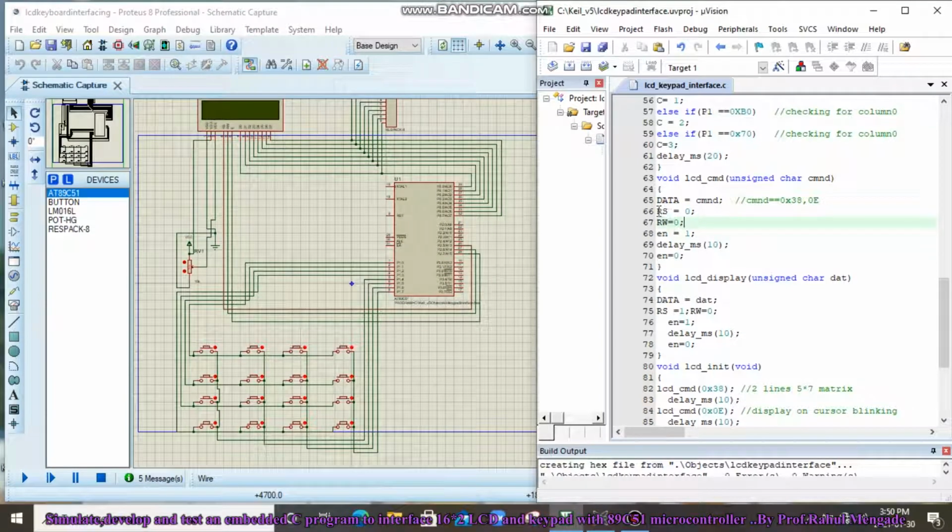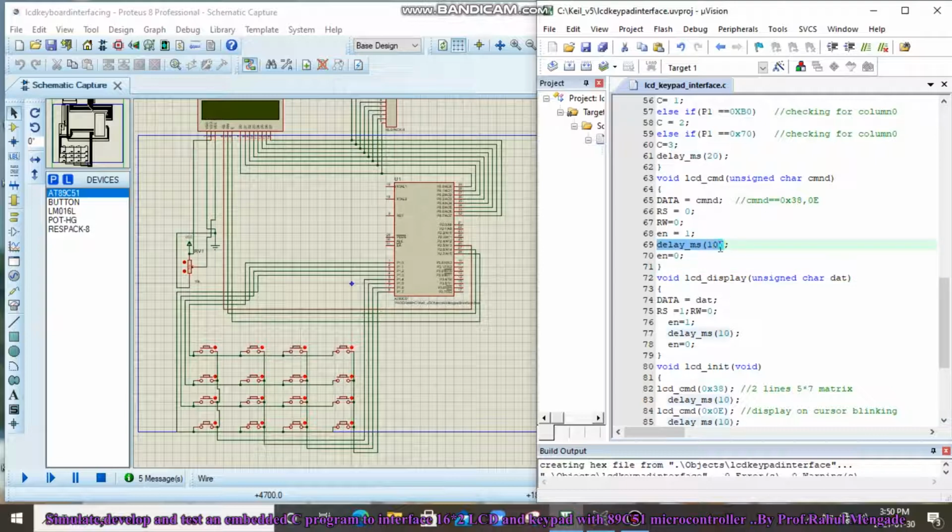Then RS is equal to 0 and RW is equal to 0. Why RS is equal to 0? Because the command register is selected. RW is equal to 0 because we have to write to LCD. Then enable 1, then a delay of 10 milliseconds is called, then enable 0. A high to low transition is required to latch the data on LCD, correct?